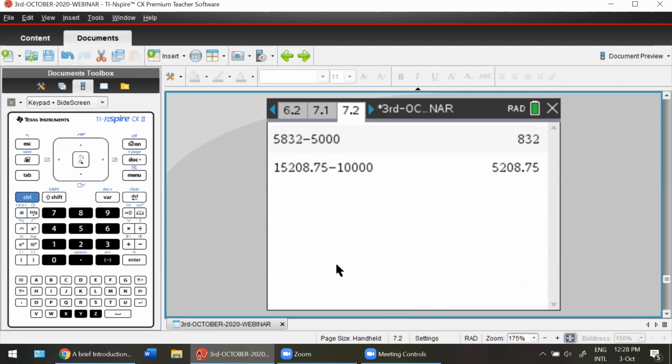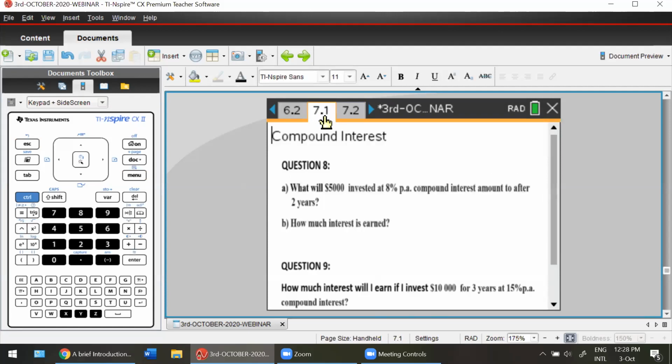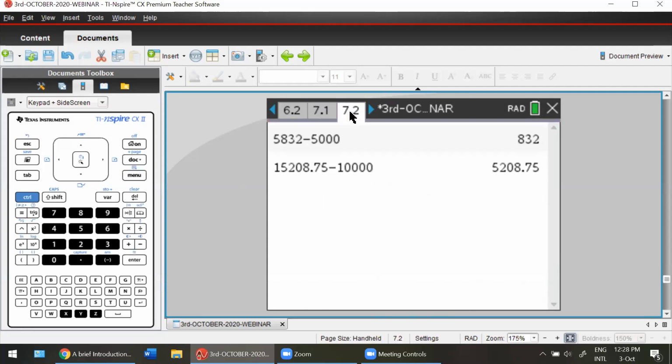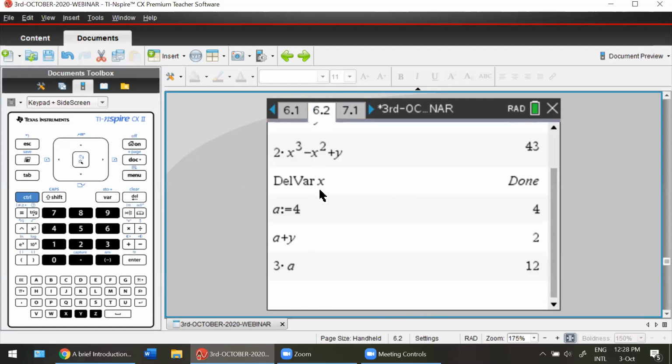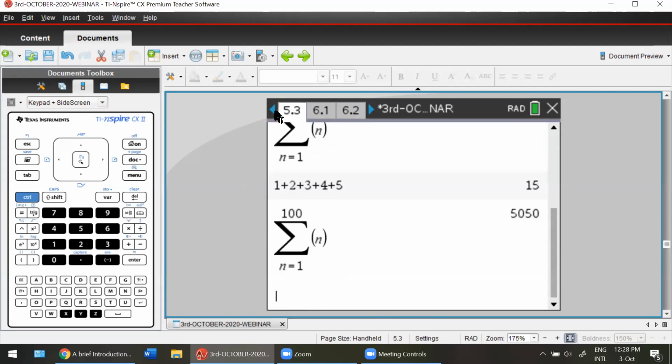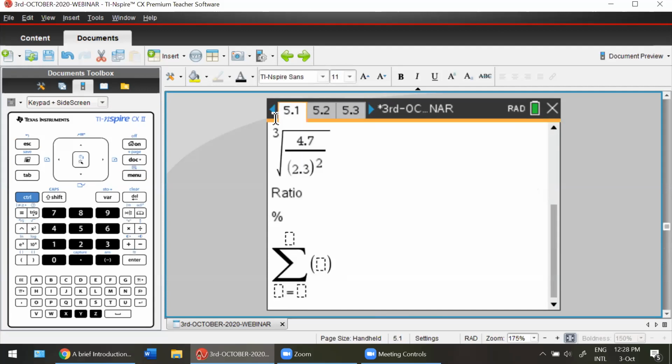Okay. Oh, by the way, students, I don't know whether you actually observed that I have very wisely put my questions under 7.1, and the working for 7.1 I have stored in 7.2 and so on. So if you look at my previous questions, the question was in the note of 6.1, while this was my working that I'd already worked out. So if you see 3 templates, as in 5.1, 5.2, 5.3, these are pages associated with the same problem.